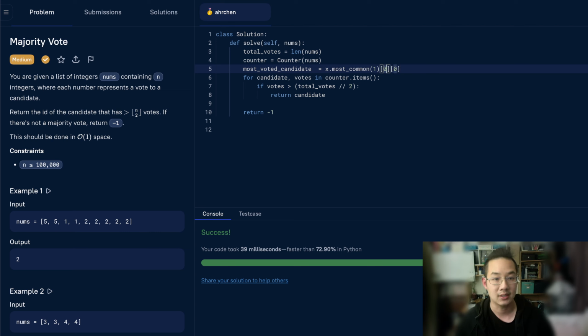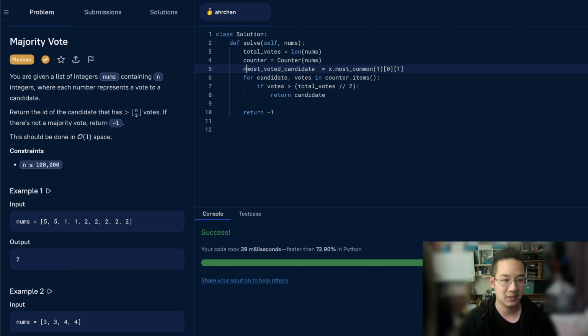So this is the 0, the first item, and this 0 here is the candidate, and 1 would be the votes. Anyways, so we could get this actually just like this. Bam. Most voted candidates,